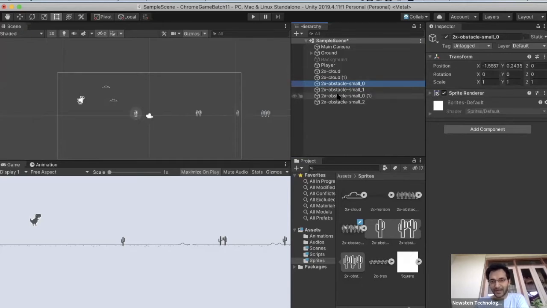Since this is a sprite or image, a 2D game uses a sprite renderer, whereas a 3D game uses a mesh renderer. It has some position and some y-axis. Okay, now if I play the game,